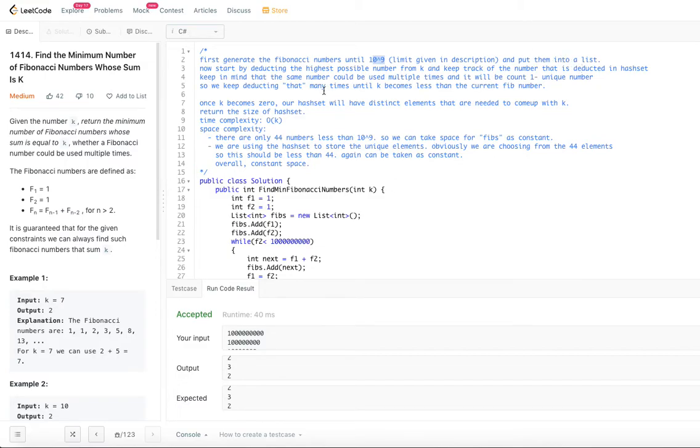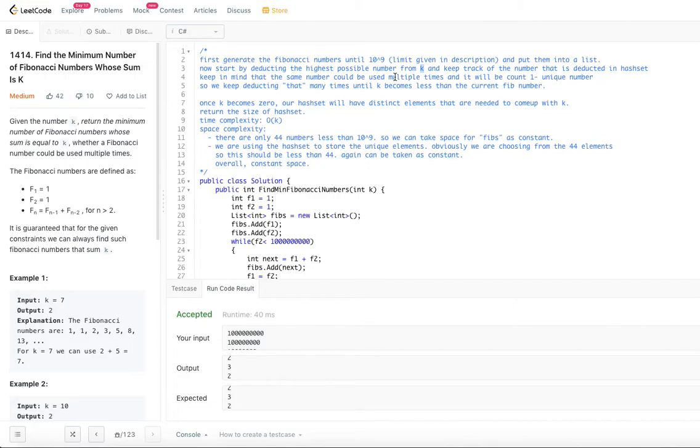Now after we generate the numbers, we are going to subtract the highest possible number from k, assuming that k is greater than that number.